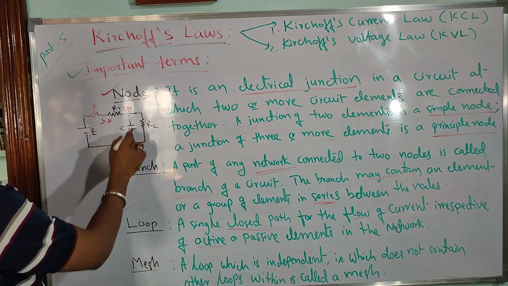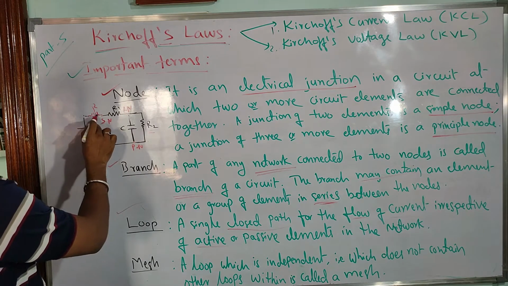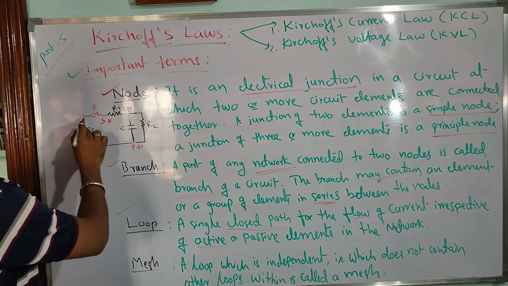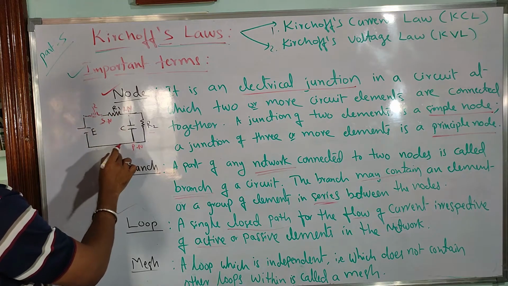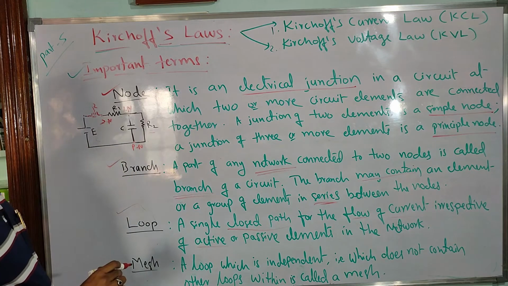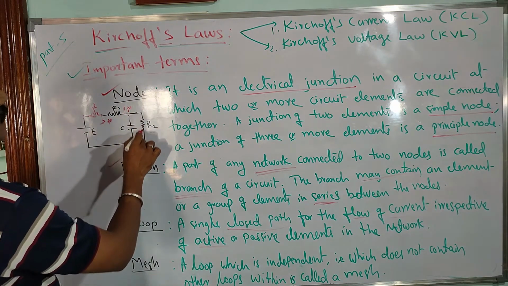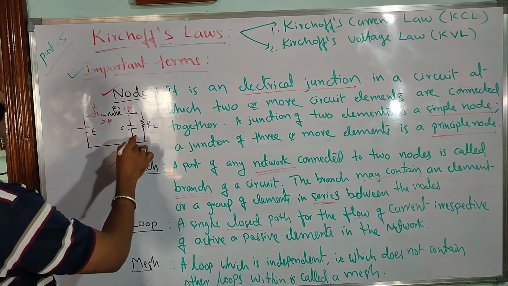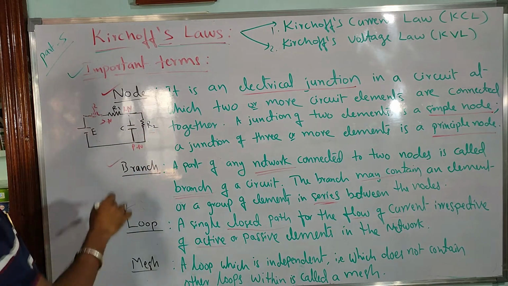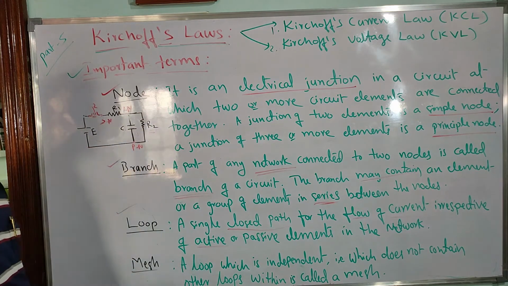See, for example, in the circuit, from the positive terminal of the source, it continues like this. The current is passing through the two resistors and then the capacitor like this. So this acts as a closed path for the flow of current. It is a loop. Similarly, current divides at the node, so here also this is another closed path. So this is also another loop. There are two loops here, 1 and 2. So they are actually called loops.